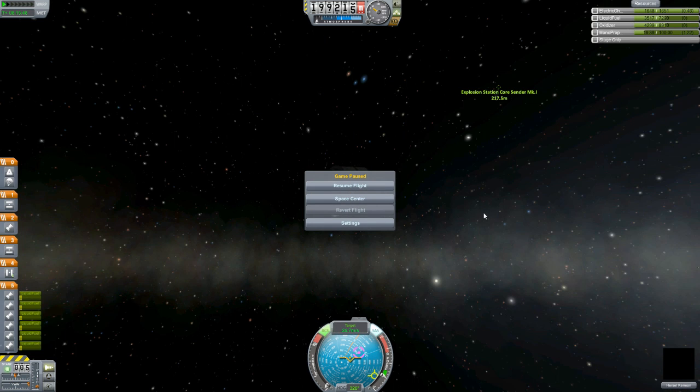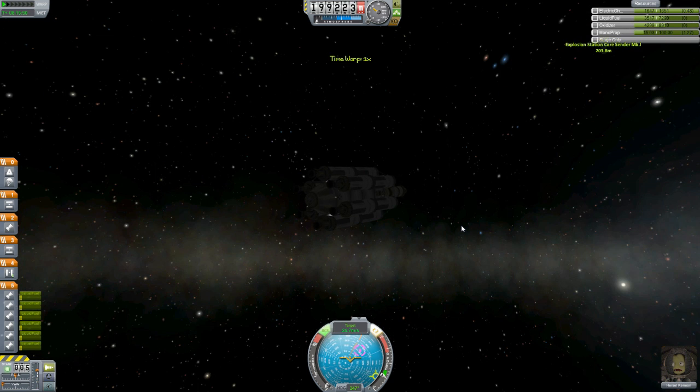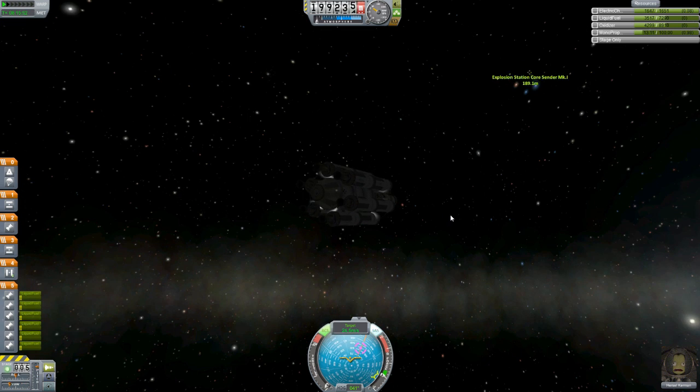All right, the game is paused. Note on the screen, Explosion Station Core Sender Mark 1, 200 meters away. 200 meters away. This is so frustrating. Down here, you can see the target. This guy is moving 24 meters per second relative to us. So while this is great, we're almost out of monopropellant, which means I can't really do a lot of fine...